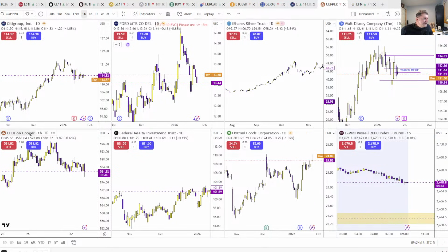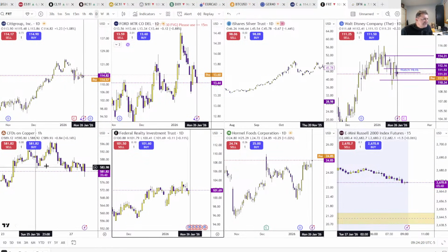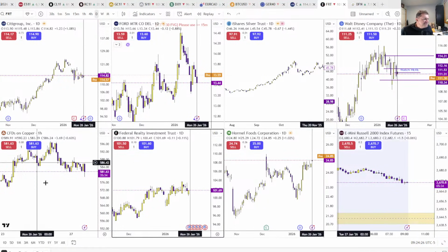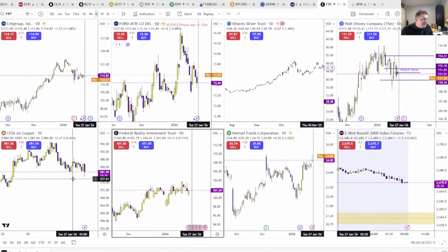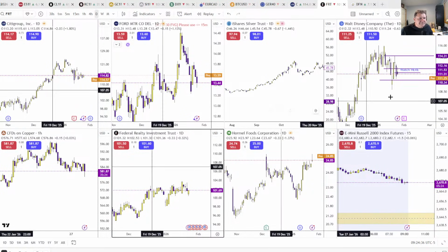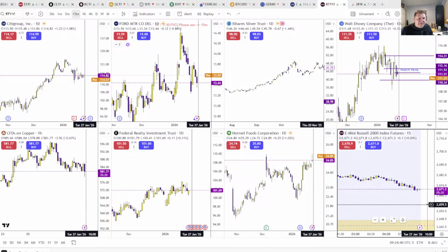So with 30, it didn't really give you a heck of a lot. It's an interesting one to trade, but you have to put a ton of lots. And if you're not used to trading that many, you'd have to put like 100 lots on that thing to get any decent return. So the Russell,